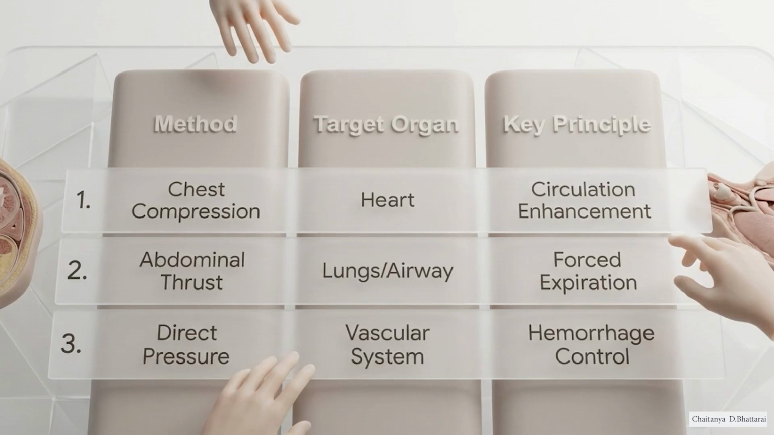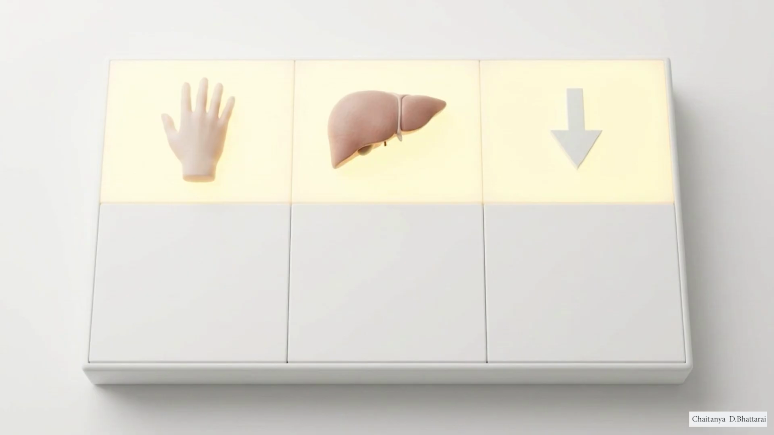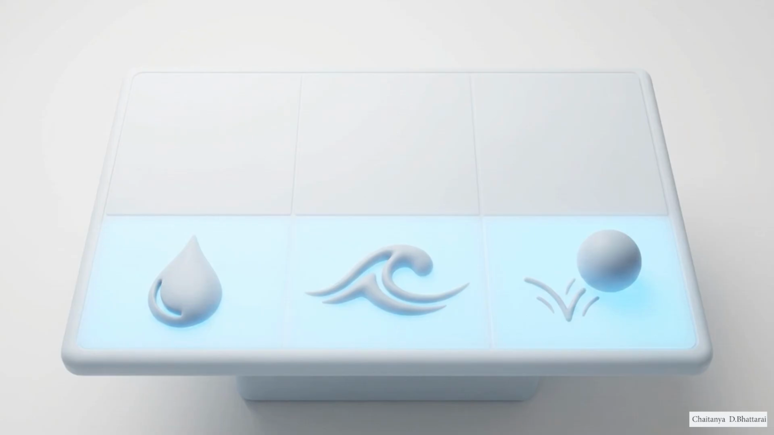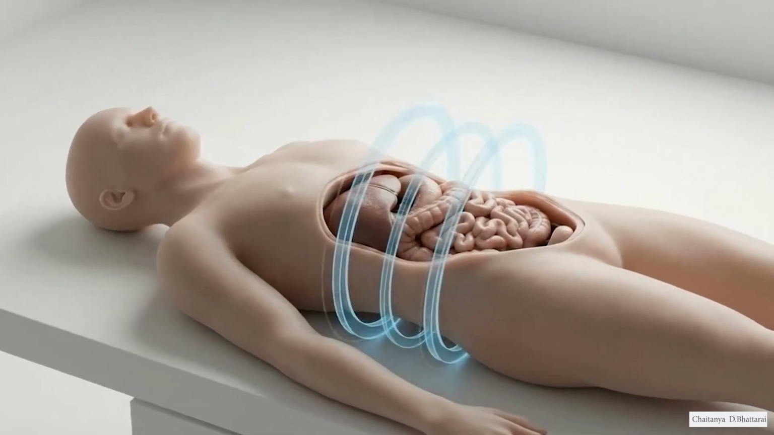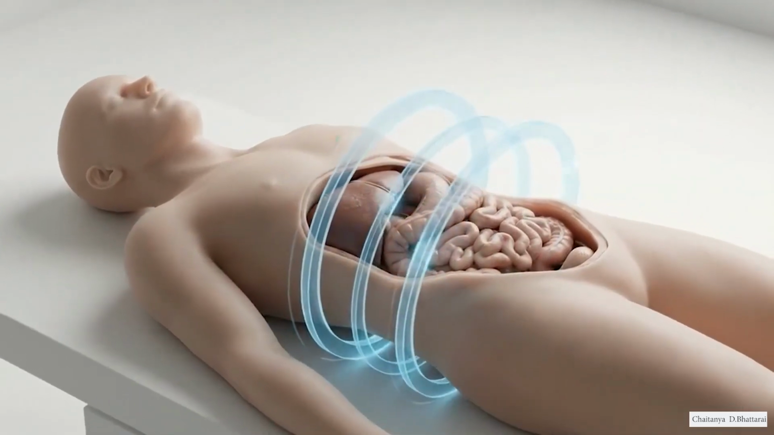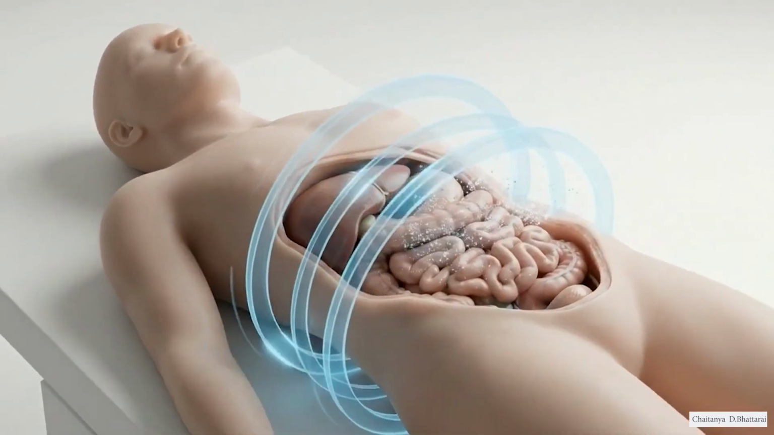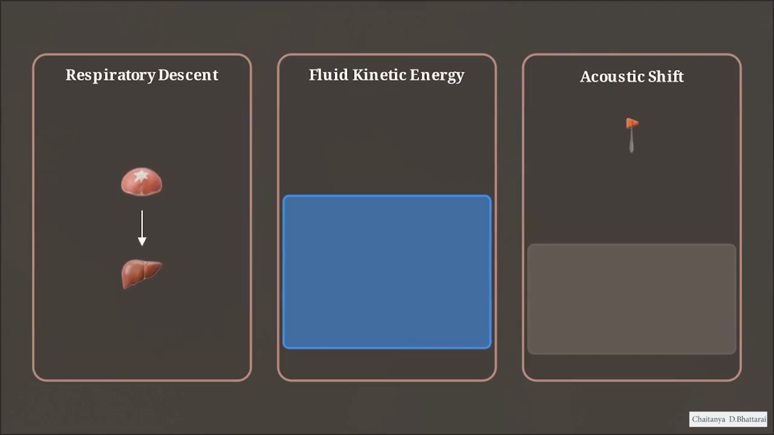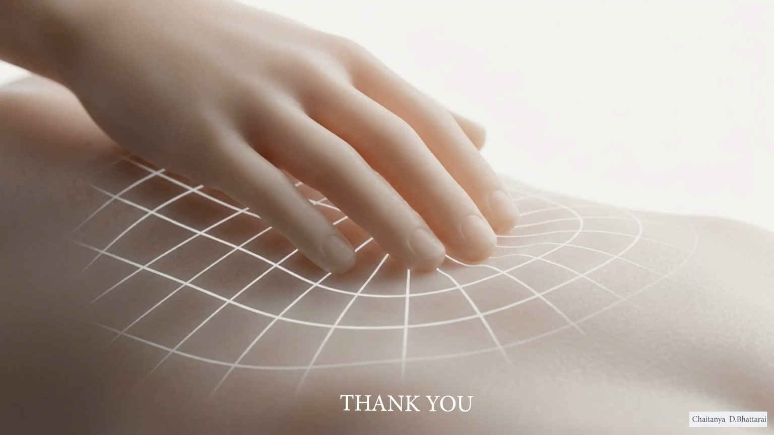This comparative table synthesizes our advanced diagnostic framework. The hooking method targets the liver using respiratory descent. The Middleton maneuver intercepts the spleen along its diagonal trajectory, and the dipping method targets ascites via rapid fluid displacement. The abdominal exam is a dynamic process of mechanical interrogation. It is a rigorously structured extraction of biophysical data. By understanding the first principles of how organs move, how fluid transmits energy, and how acoustics shift, a clinician turns the human hand